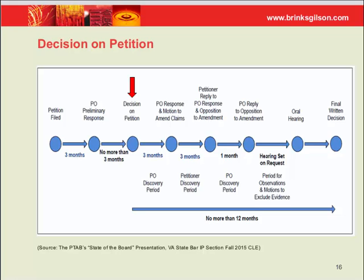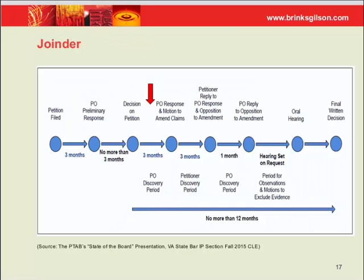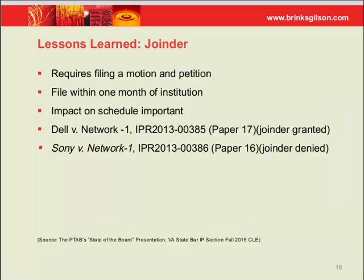All right, so you get a decision on the petition, and now what? Well, one of the things that you should keep an eye out for is there's an opportunity for joinder. Say for whatever strategic reason you decided not to file an IPR against a patent you've been sued on, but lo and behold, the IPR is granted. Well, you can still get in the game and have your say. And how do you do that? Well, you file a petition and a motion to join the IPR within 1 month of that IPR having been